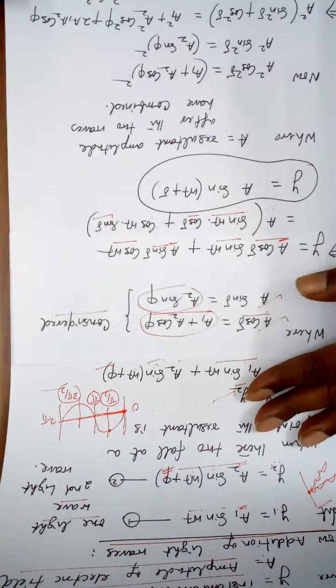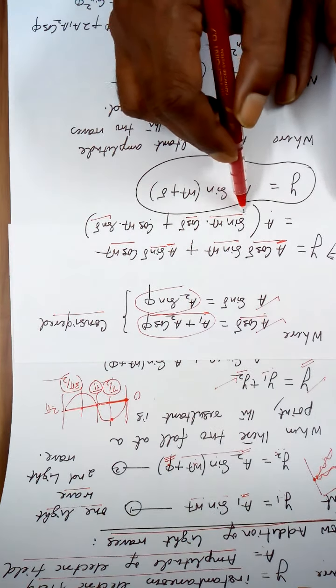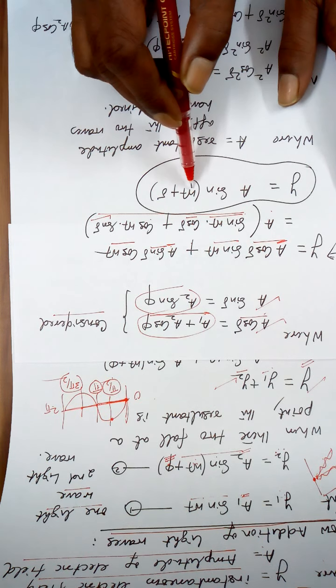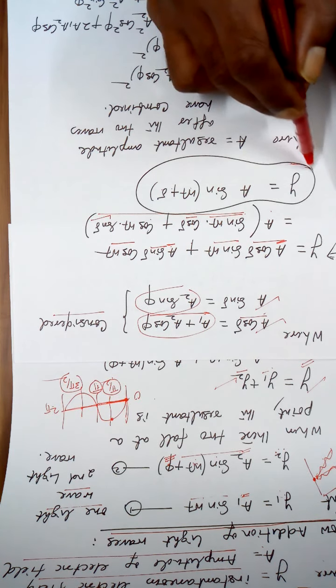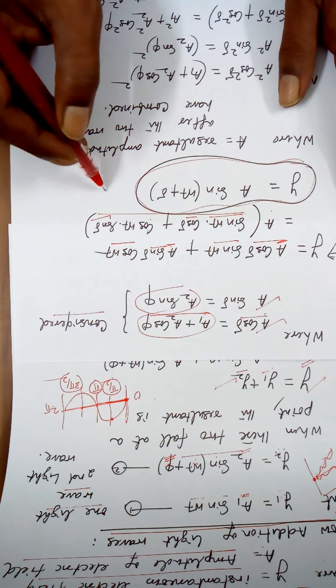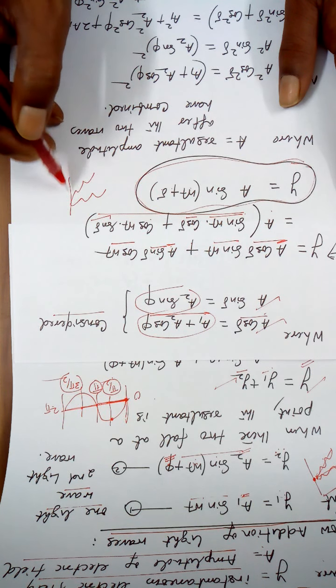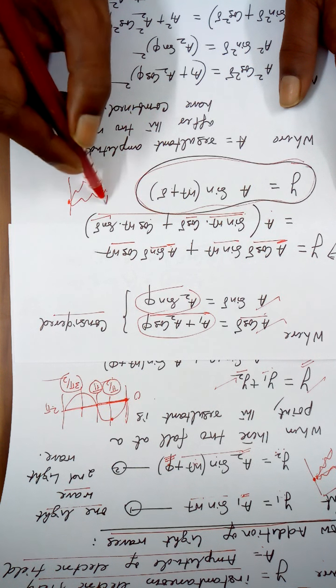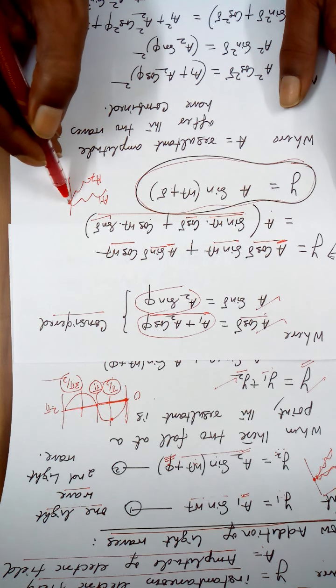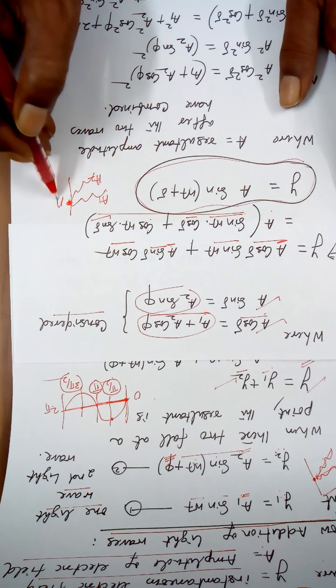Now look, this part comes under a formula, sin of a plus b. So a sin of omega t plus delta t. So when the two waves, this wave and this wave arrive at a point, this wave having amplitude a1 and this having amplitude a2, when they arrive here, the resultant amplitude here is a.